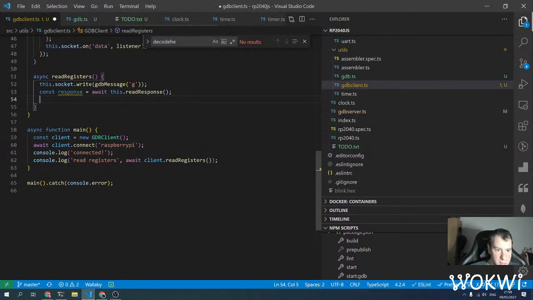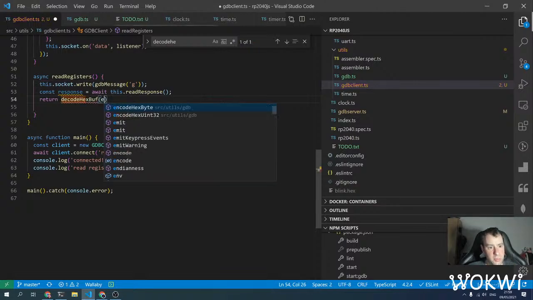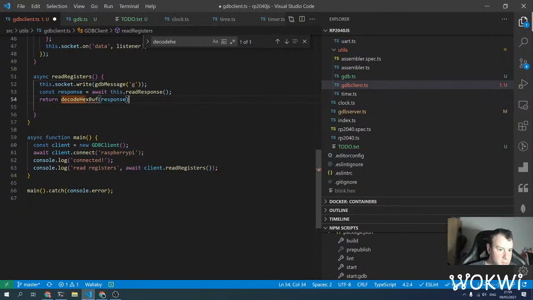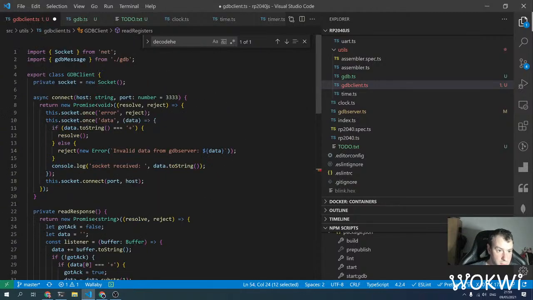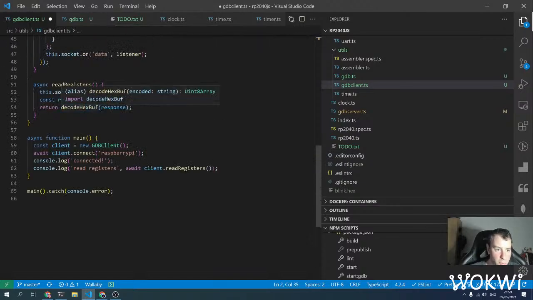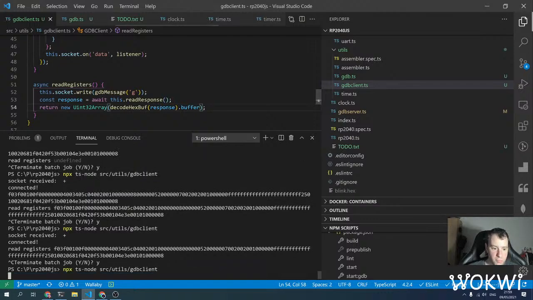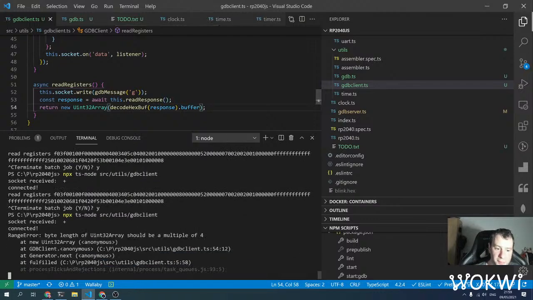So we can just return decode hex buff with a response, and that returns. You don't have it, you do have this method. That's why we moved it to this GDB file, and then let's just new insert it to array, just to convert it to array of